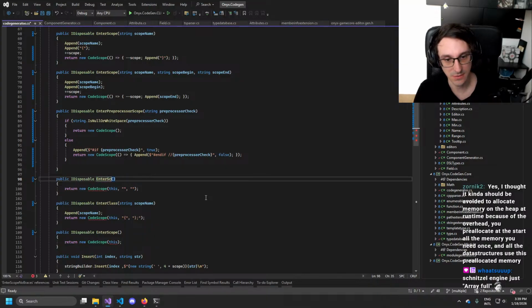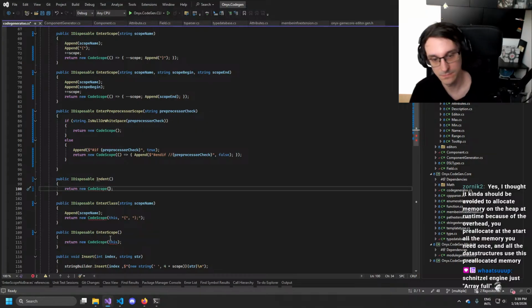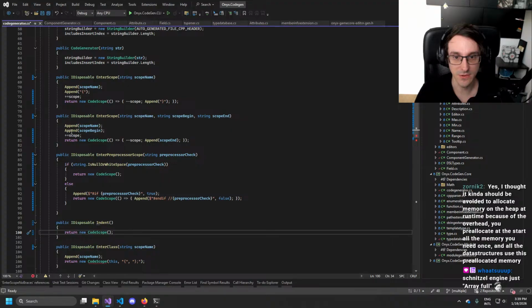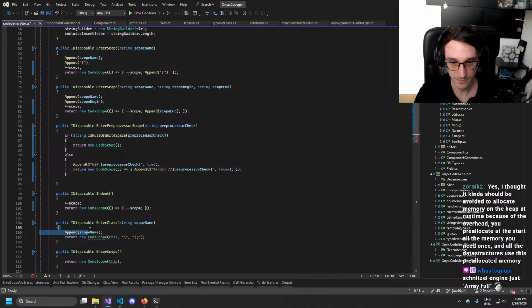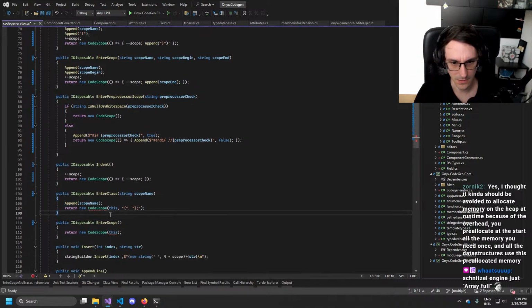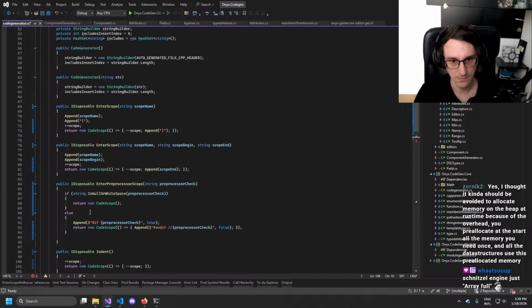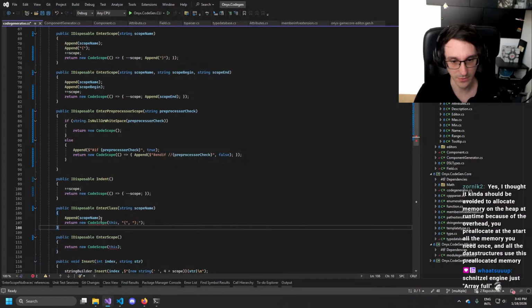Maybe just enter, or just indent. Where we just do that first, this on exit. Enter class. Yeah, that was just a helper, right? So let's still do it.